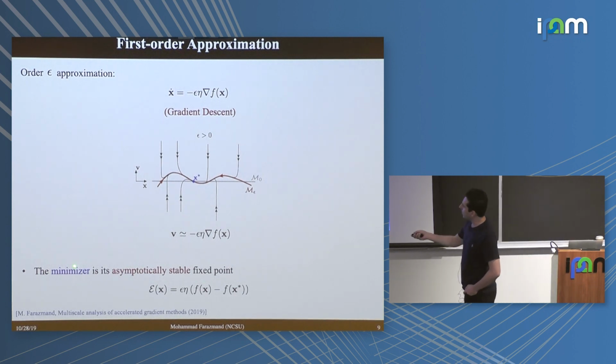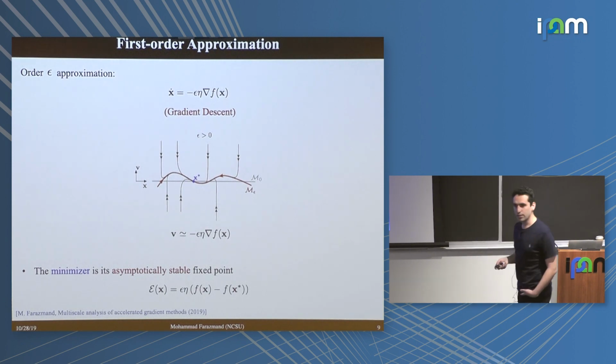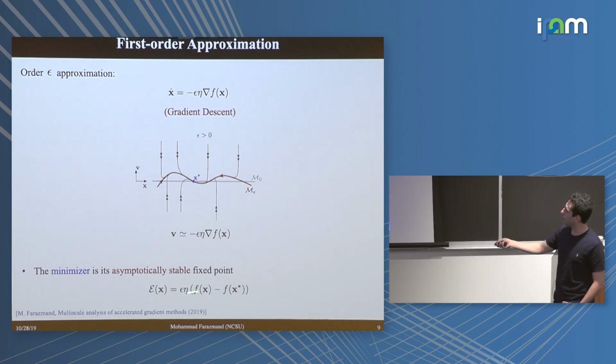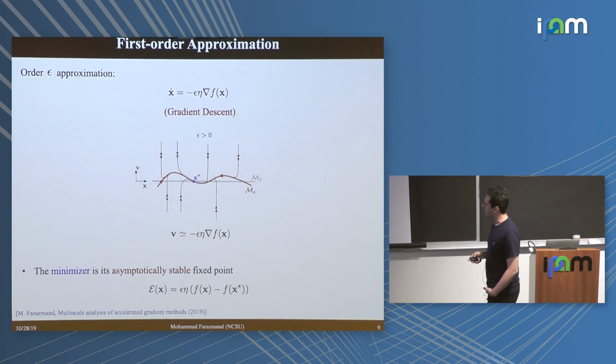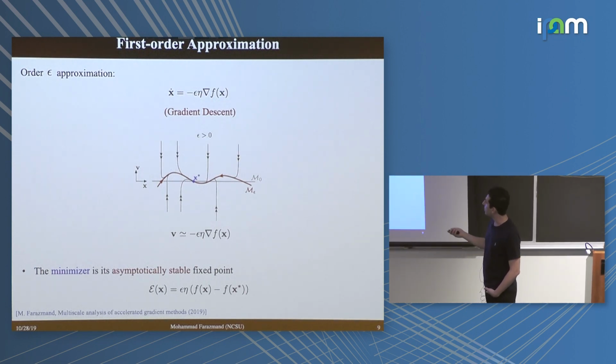The minimizer, the x star, which was the minimizer of f, is part of the slow manifold. And moreover, it is an asymptotically stable fixed point of the system. That is not hard to show. You just take a Lyapunov function like this and prove that the fixed point is asymptotically stable. The reason it's a fixed point is obvious also because the gradient at the minimizer vanishes,